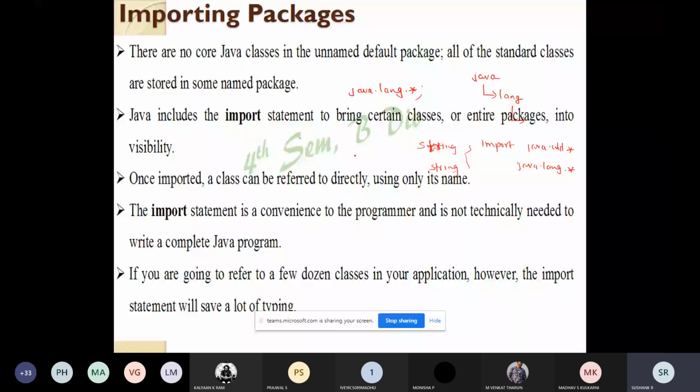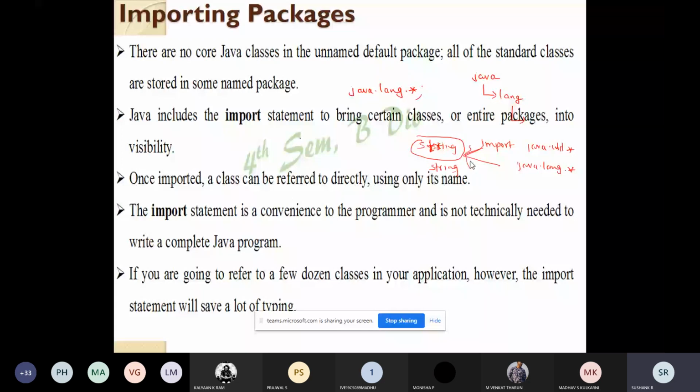At that time, the JVM will throw an error because the JVM doesn't know whether it wants to use the String class from package 1 or from package 2. In other cases, if you're not using the class which is common among both the packages, you will not get any error. It will run normally.